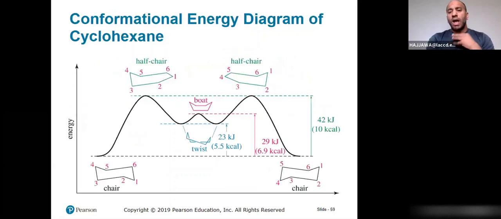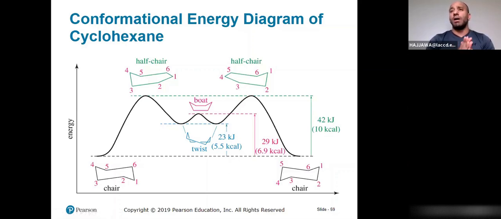Cyclohexane will have several conformations, and the two most stable conformations are the chair conformations. You can see here that the chair conformation will give a half chair, the half chair will give a twist, the twist will give a boat, the boat will give another twist, the twist is going to give me half a chair, and at the end the chair. You're not going to be responsible for drawing any of the other conformations that are not as stable as the chair conformation. You're only going to be responsible for figuring out how to draw a chair conformation